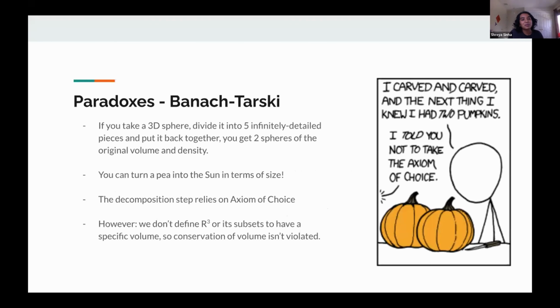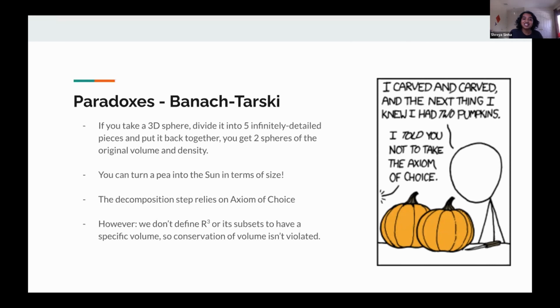And so now I want to talk about probably one of the most fun and interesting paradoxes, the Banach-Tarski paradox. All it says is if you take a 3D sphere, divide it into 5 infinitely detailed pieces and put it back together, you'll get 2 spheres of the original volume and density. What this means is that you can take a pea, split it into 5 pieces, and turn it into the sun in terms of size, which is, of course, unrealistic, and it would never happen in our reality